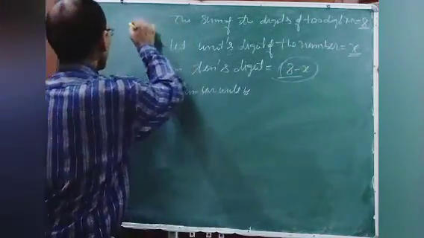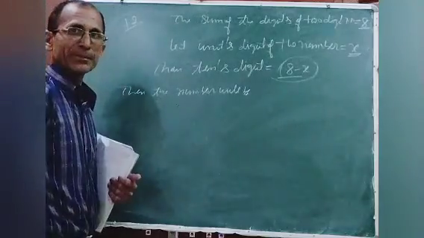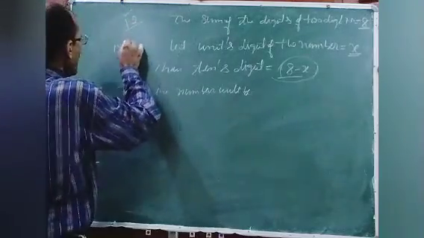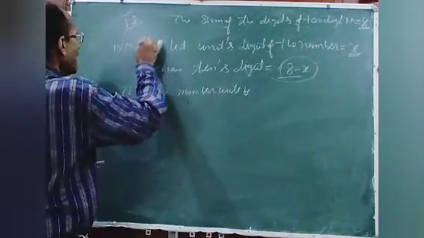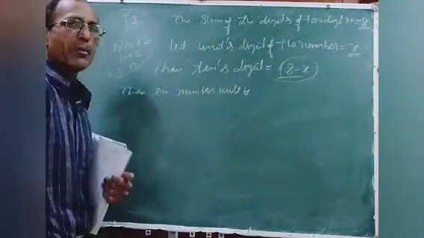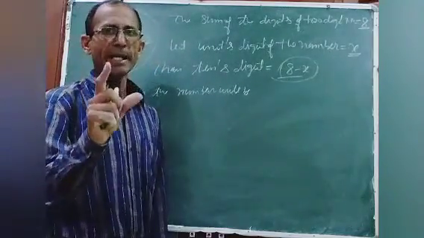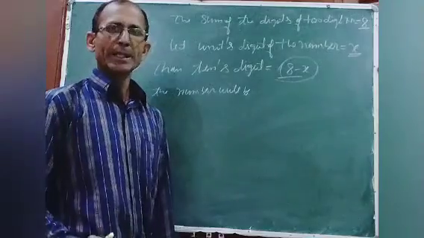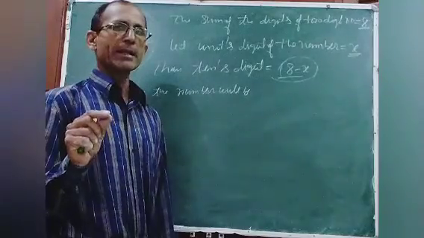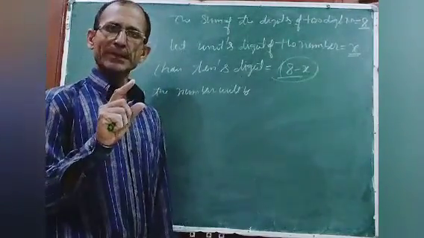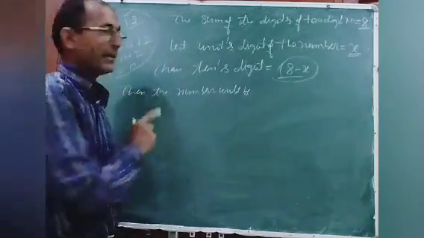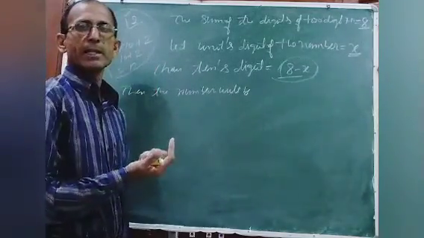So what is the formula? For example, 12 is the number. So 12, how will we obtain it? If tens digit is 1, 1 is multiplied by 10, and if I add 2, so 10 plus 2 becomes 12. So the formula for making two digit numbers: multiply tens digit by 10 and add units digit. I am repeating again. 1 is the tens digit, I multiply by 10, so 10 plus 2, so result is 12.